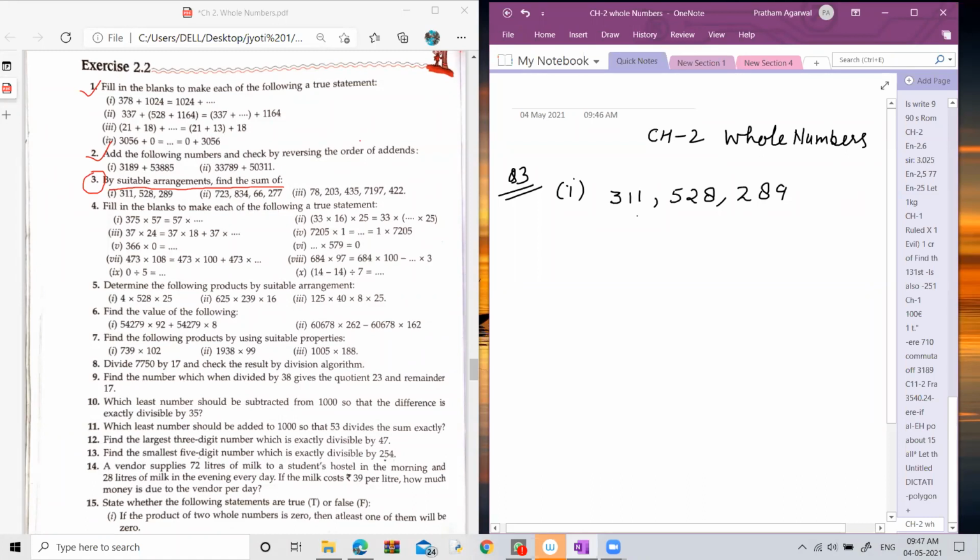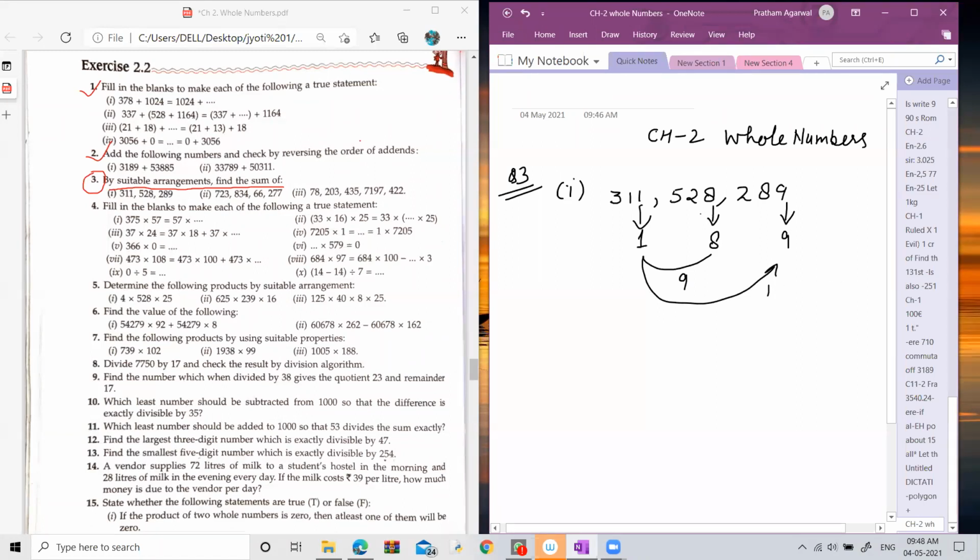For this, we have to find out the ones place digit. So one number is 1. We have to choose two numbers such that their sum should be 10, 100, like this. So if you add 1 with 8, how much does it give you? It gives you 9. It is not 10. Now if you make the pair of 1 with 9, then it gives you 10.